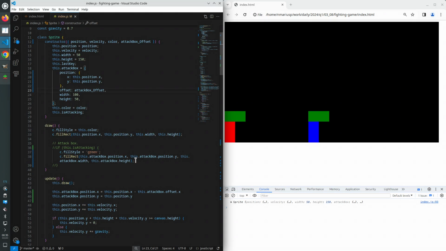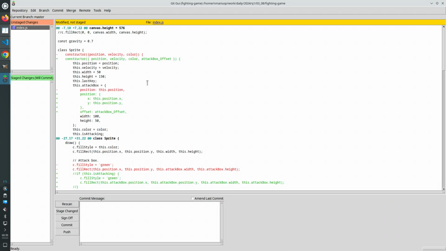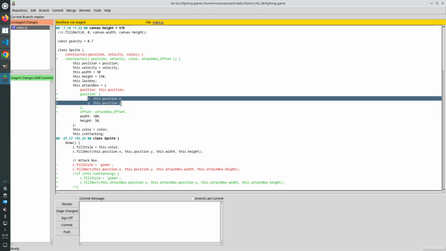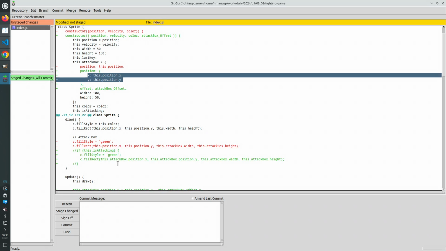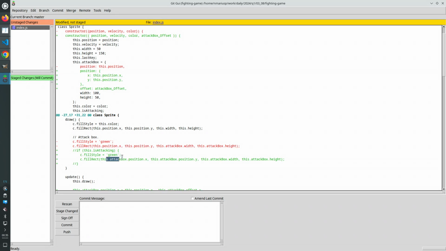Now's a really good time to see if we can do a backup. So we're passing the attack box offset that we're storing into offset in attack box. Attack box position is always computed at each frame. This was fixed before. We always painted the attack box at the wrong coordinates, the coordinates of the player,